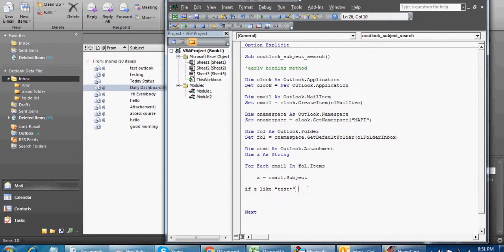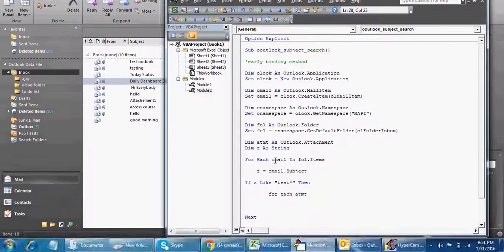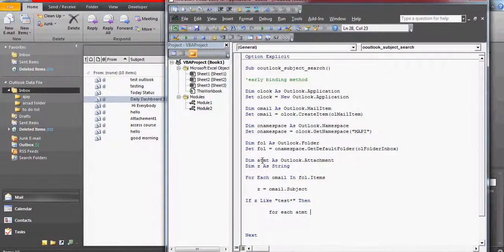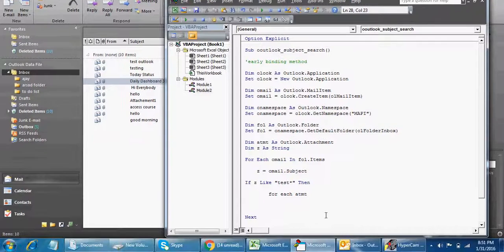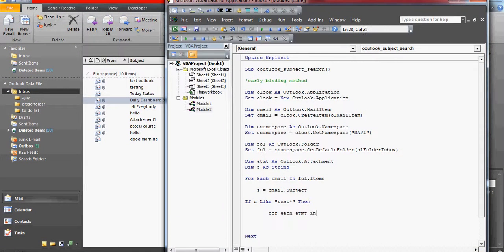So if my subject line contains test, then I want to run another loop, which is for each attachment, which is my ATMT. You can see here somewhere I have written that, yeah, that's my ATMT. This is my object, which is actually my Outlook attachment. So for each ATMT in my Outlook attachments,